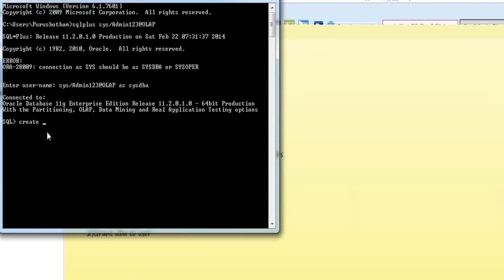So I'm creating a dummy user. Just for a demonstration, I'm creating a user info_big, identified by